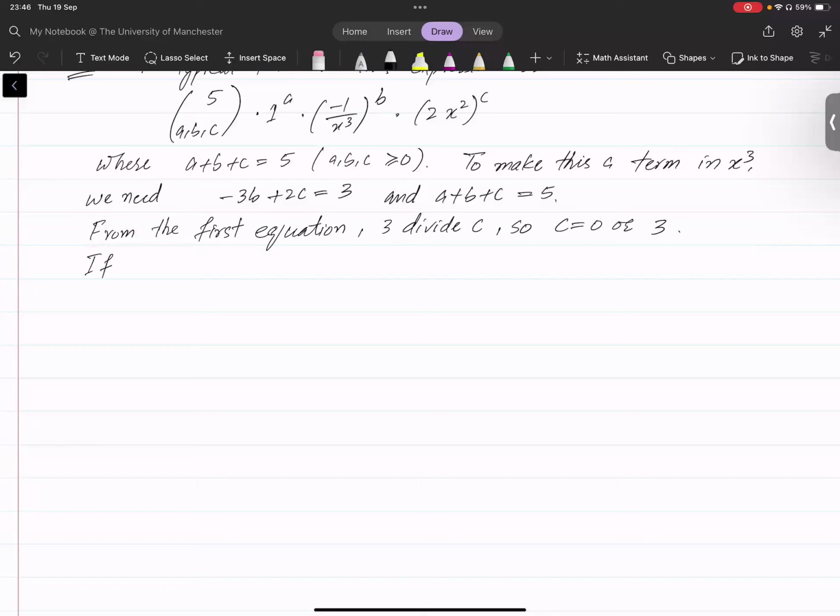Now if c is 0, then b is minus 1, which is impossible. Because if c is 0 and b is minus 1, then a needs to be 6, but that is more than 5. Also, all of them should be greater than or equal to 0, so b can't be minus 1. Hence, c is 3